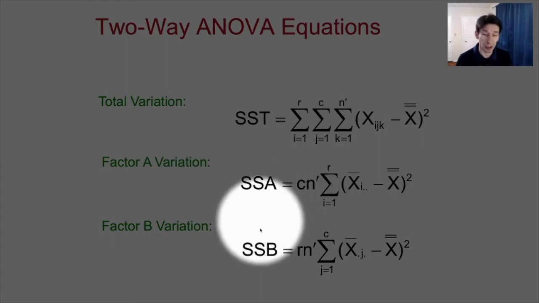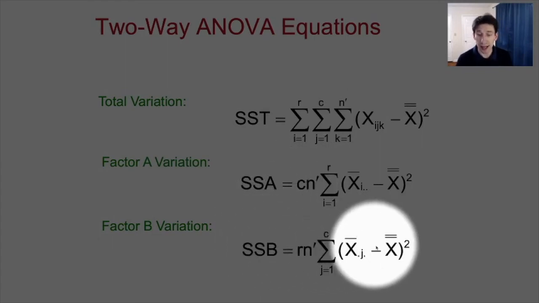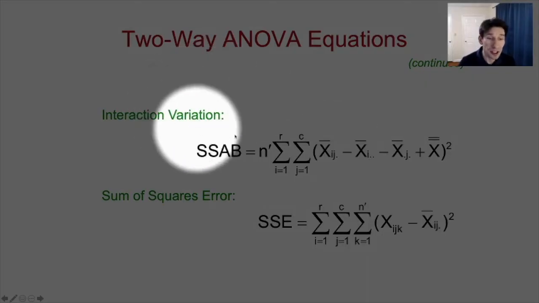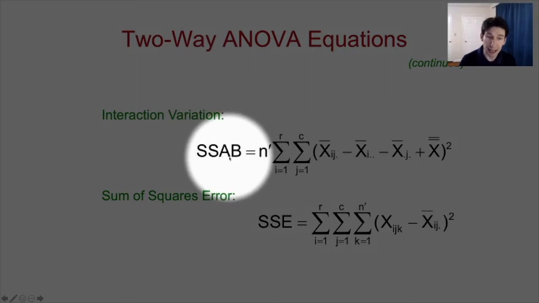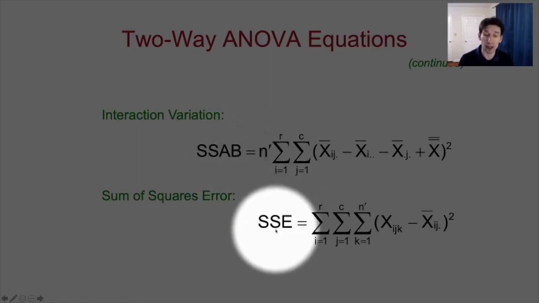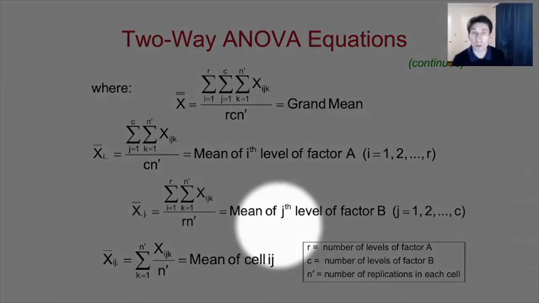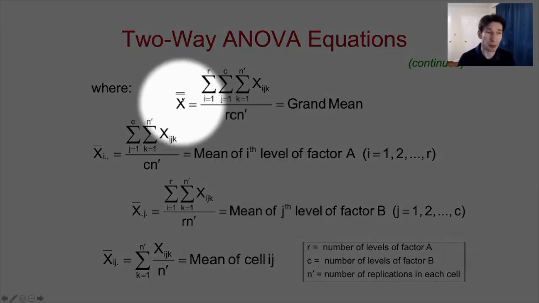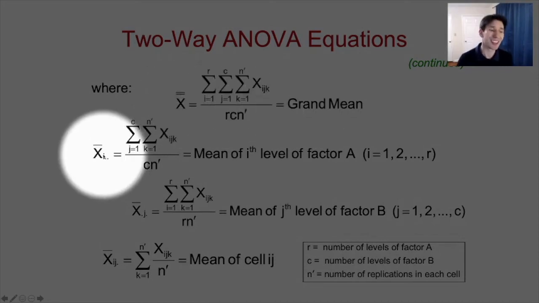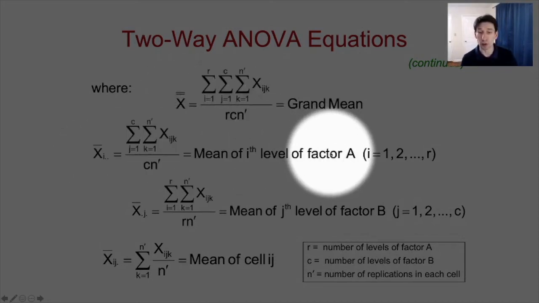Variation coming from factor A is defined as follows. The one coming from factor B is defined as follows. Then we have this formula for the SSAB, so the variation that comes from the interaction between factor A and factor B. And finally, the sum of squared errors at the end is the leftover. Again, with our 6 groups, we still have something we call a grand mean. We still have means defined for levels of factor A,